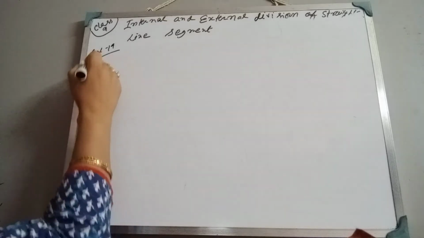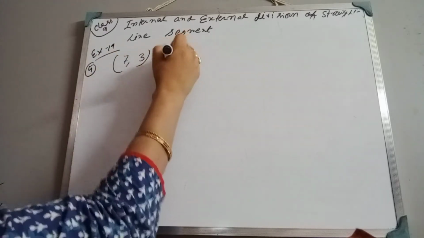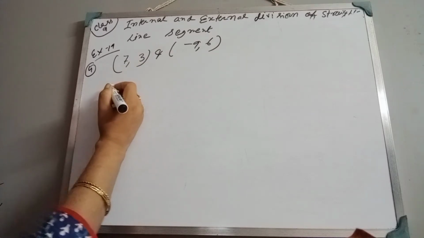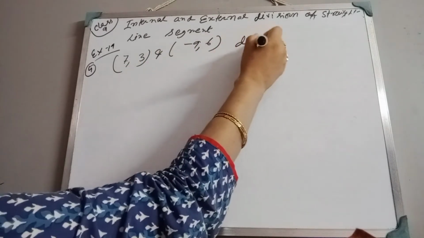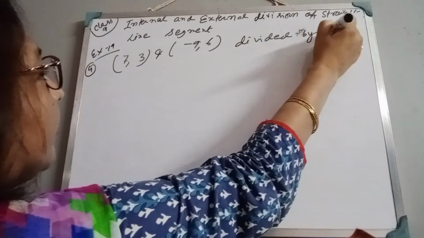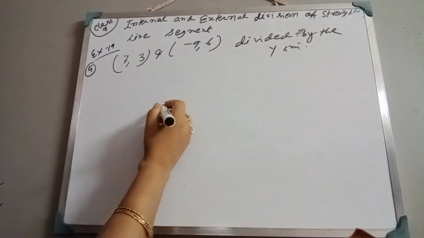Let us calculate in what ratio the line segment joining the points 7, 3 and minus 9, 6 is divided by the y-axis. Divided by the y-axis. Okay. That means